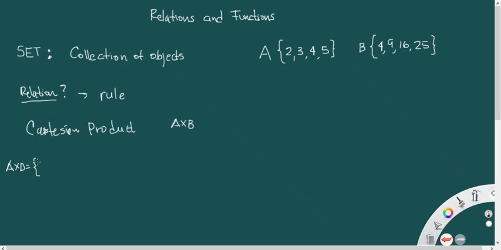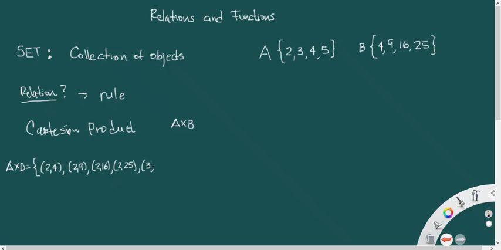The Cartesian product is the set of ordered pairs that we can form with these two sets of objects. So the first ones will be 2 comma 4, 2 comma 9, 2 comma 16, 2 comma 25,